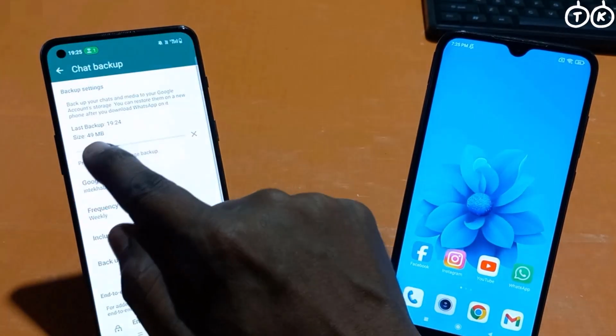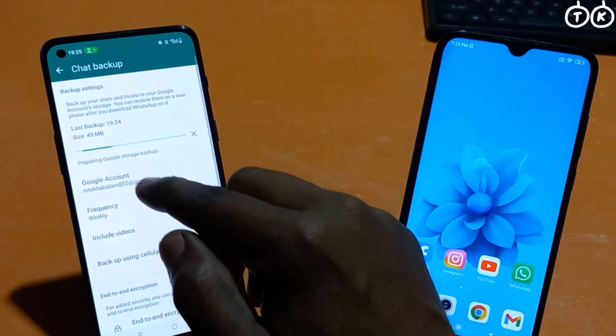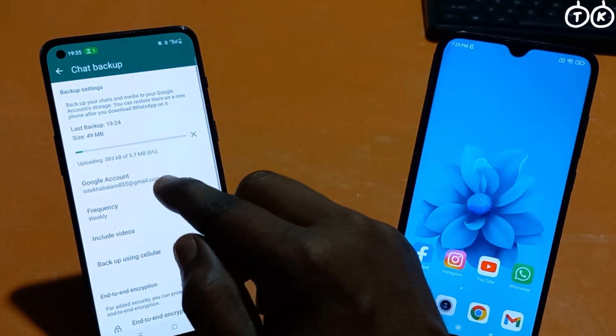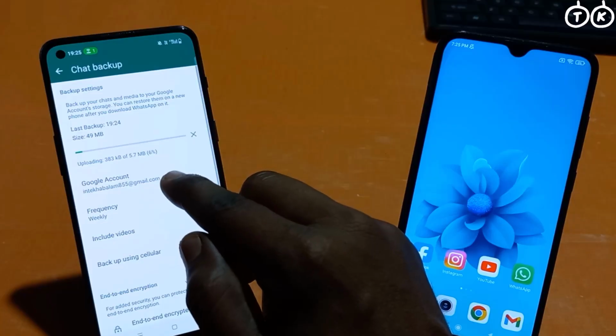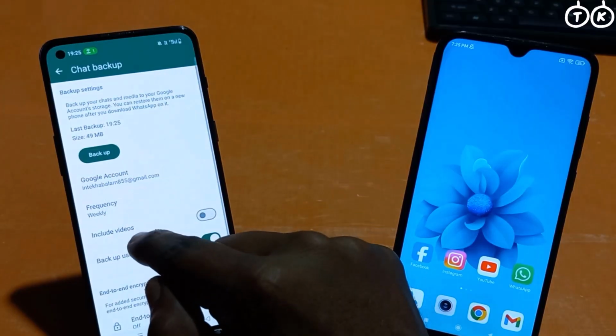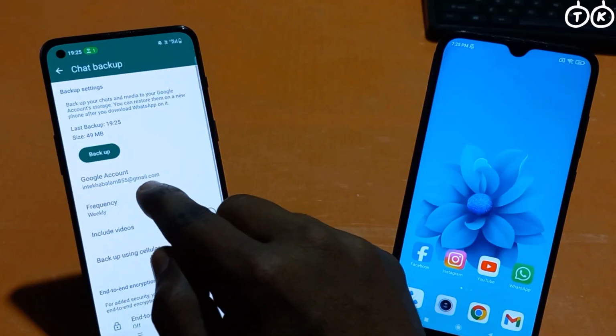My backup size is 49 MB. Your backup size can be smaller or longer than this. It may be 1 GB or 2 GB. So it will take some time. You have to wait. Once backup process is complete, now you have to log in this Gmail ID into your